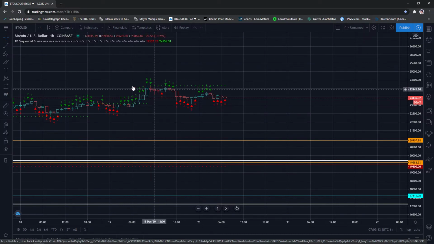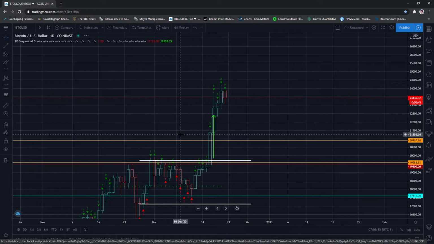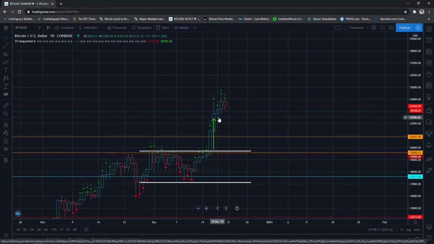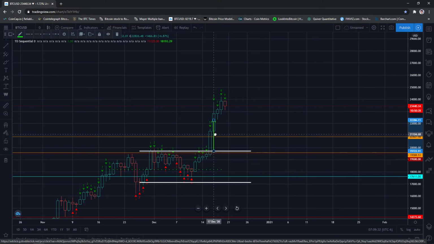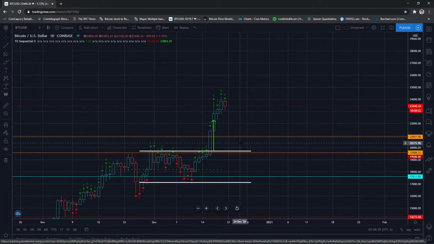But I mean, there were 9s showing up, so it should have alerted you that, hey, we're probably getting a high. And the way this TD sequential works is 6, 7, the 8 got just as high as the 6. That's probably the top. We have a 9. So we're going to watch the next couple of days. And if there is a reversal, which I think there will be,